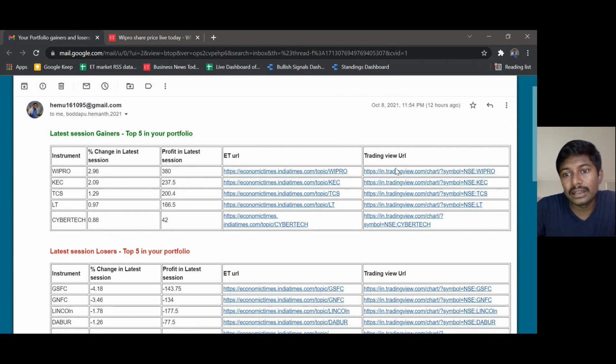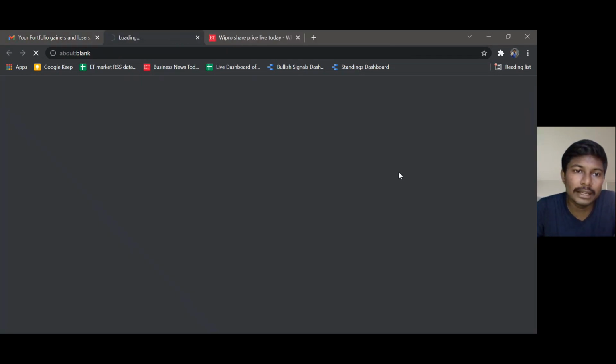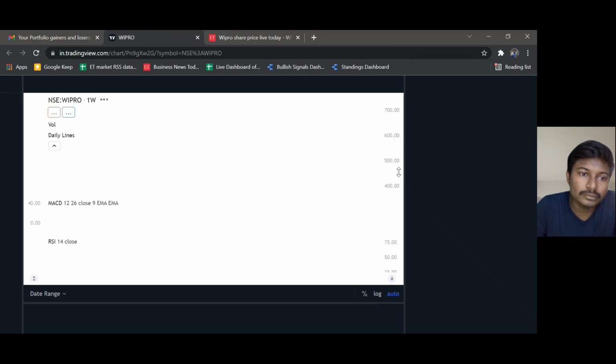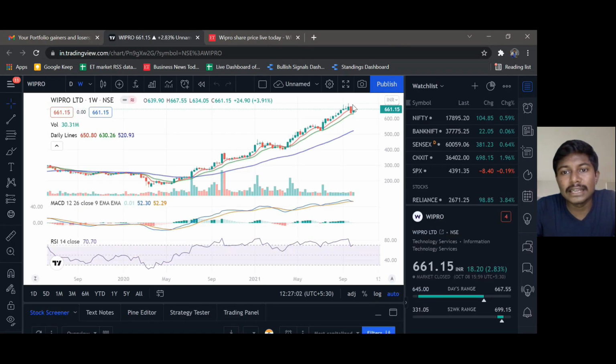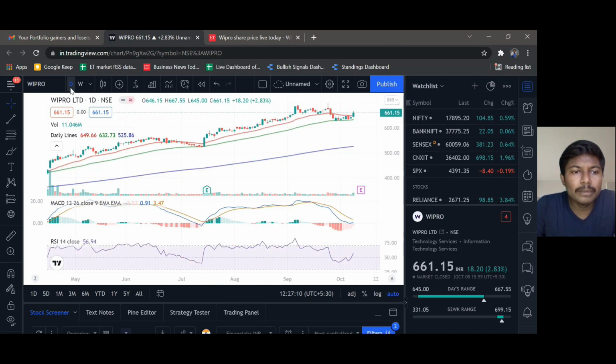Also, I have a link for the TradingView platform where I am able to see the technical charts, see if there is any candlestick formations or how are the RSI levels or the MACD levels, what's exactly driving the change. So this way I am able to keep up with my portfolio with very minimal amount of effort, time, and with boosted efficiency. So I think that's a really cool solution.